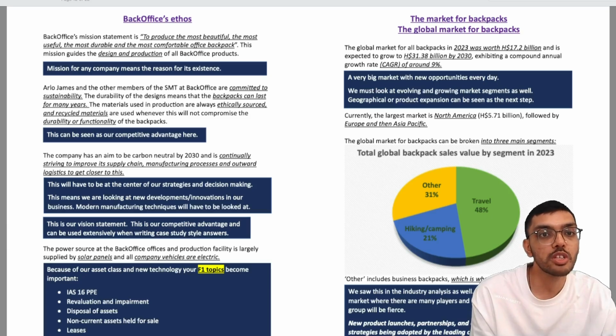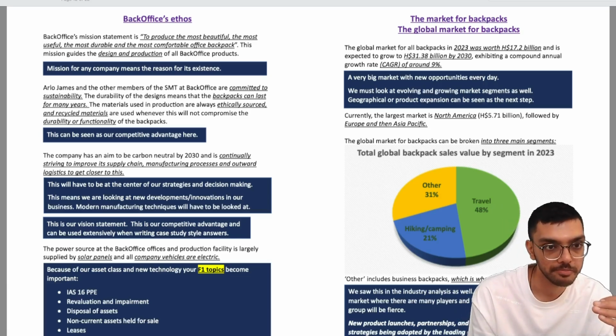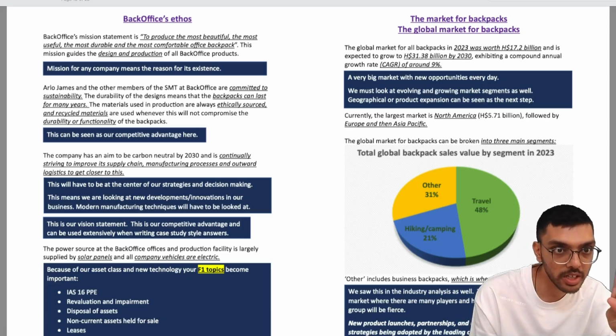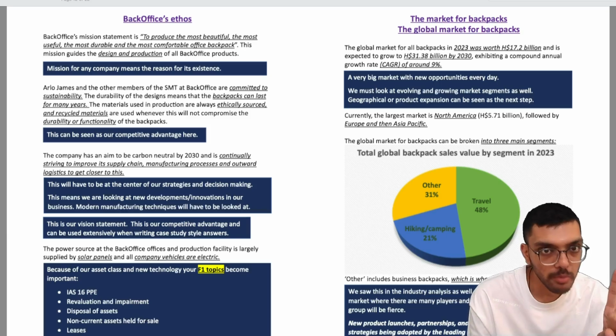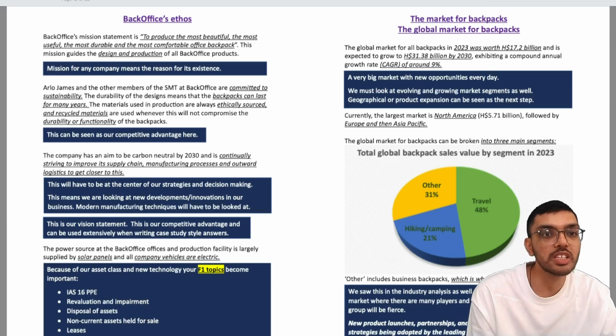The materials used in production are always ethically sourced, and recycled materials are used whenever this will not compromise the durability or functionality of the backpack. So all the time committed to sustainability. First thing we learned, that most durable, most comfortable, most useful backpack is what we give. Second, sustainability. Third, the company has an aim to be carbon neutral by 2030